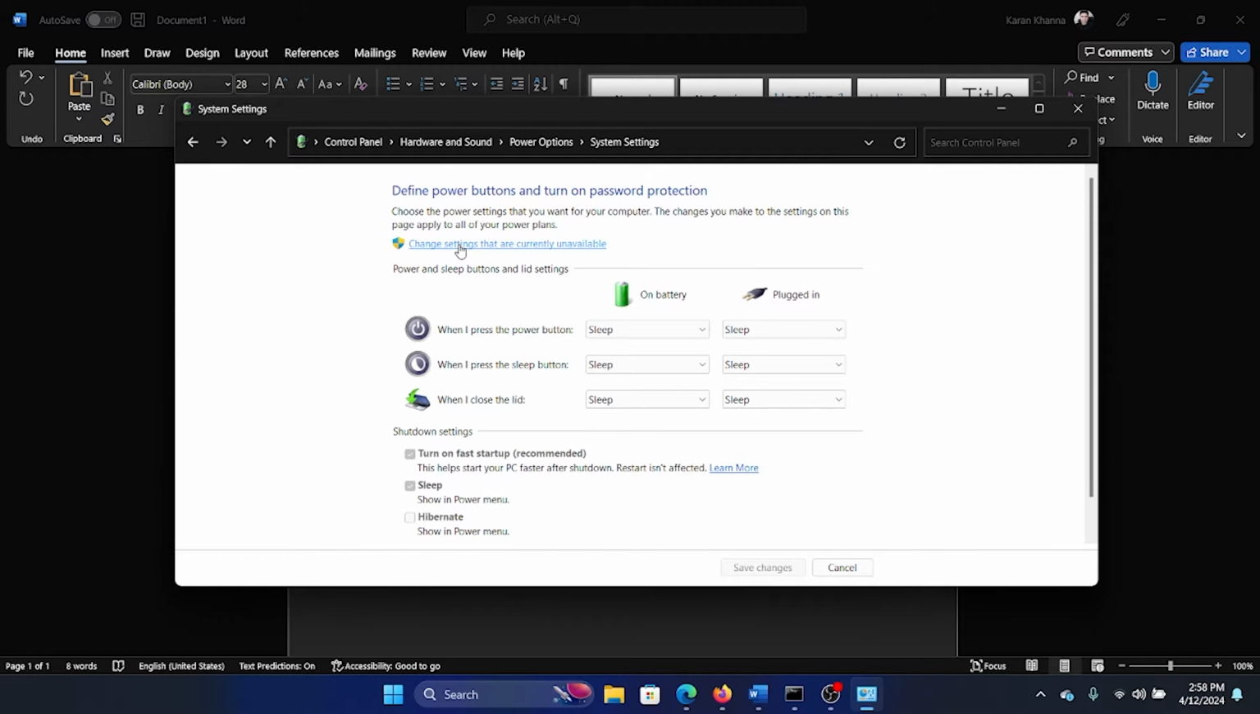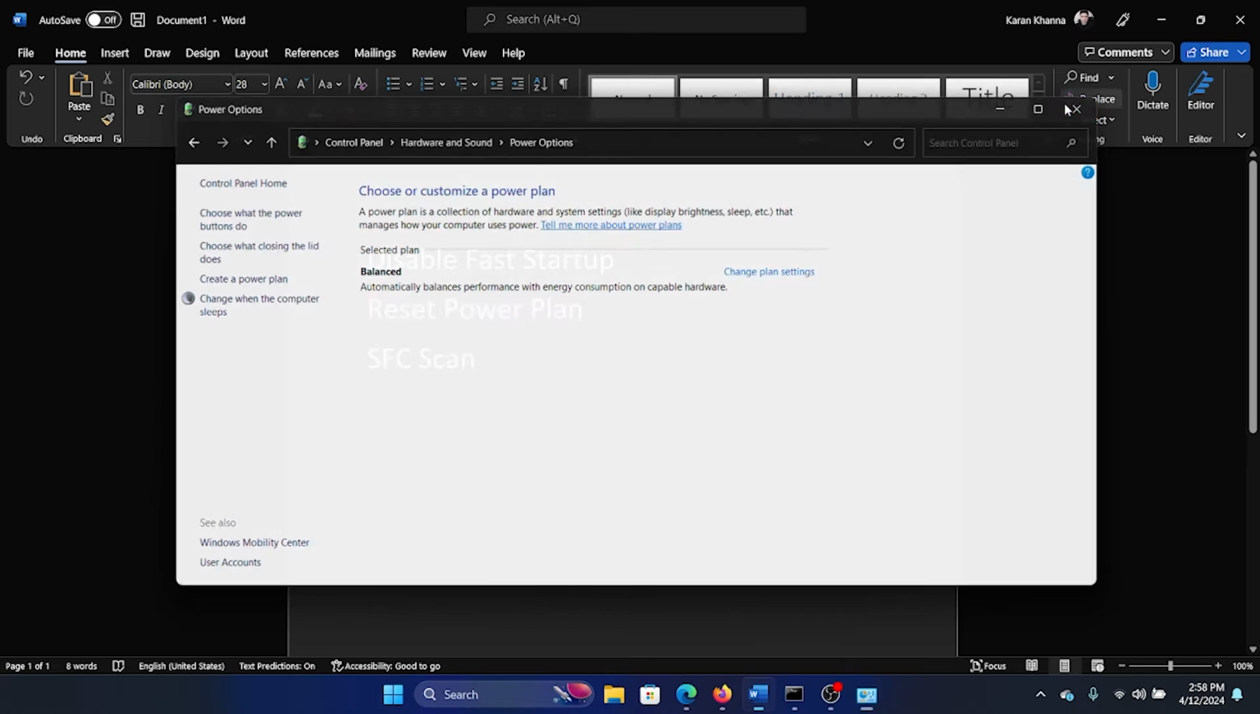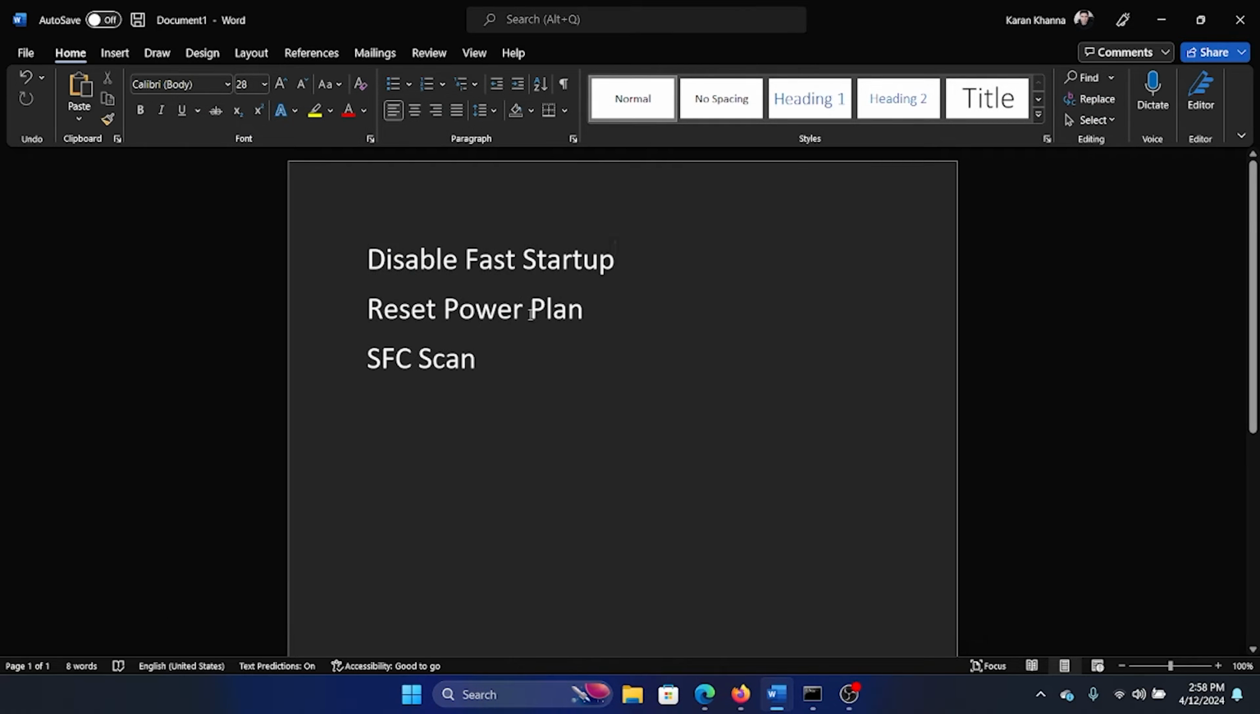Click on this option, change settings that are currently unavailable. Uncheck the switch associated with turn on fast startup and click on save changes. This will solve the problem for a lot of users, but if it does not, then you can simply reset